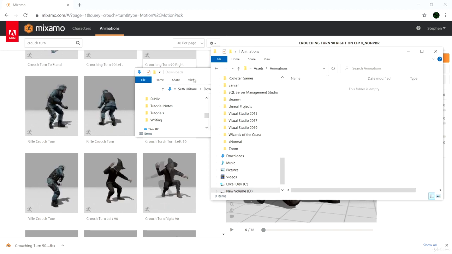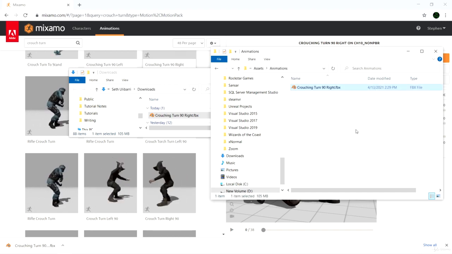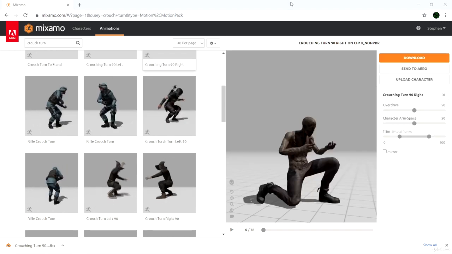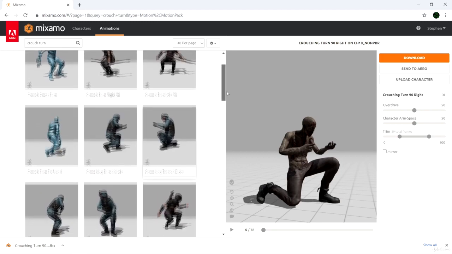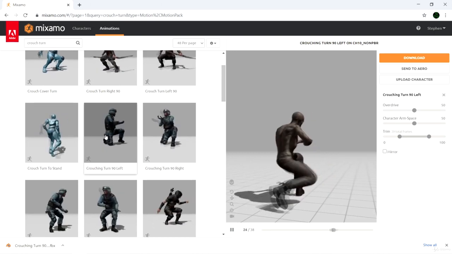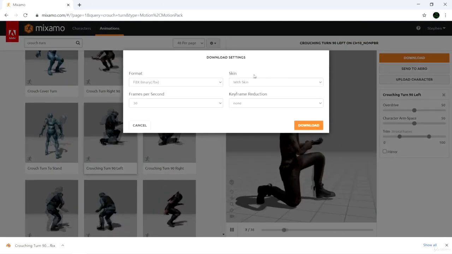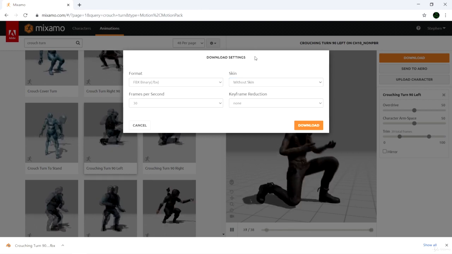I'm going to open this, and I'm going to stick this crouching turn 90 right into this folder. Now I'm also going to download the crouching turn 90 left, which is this animation here. I'll go ahead and click download, but this time I will download it without skin, because that first animation, the